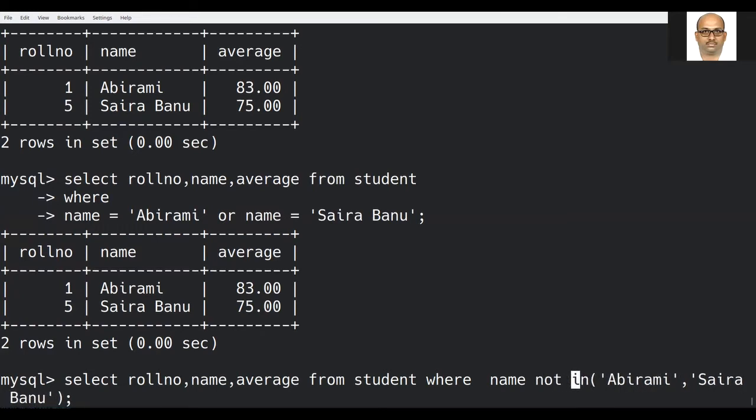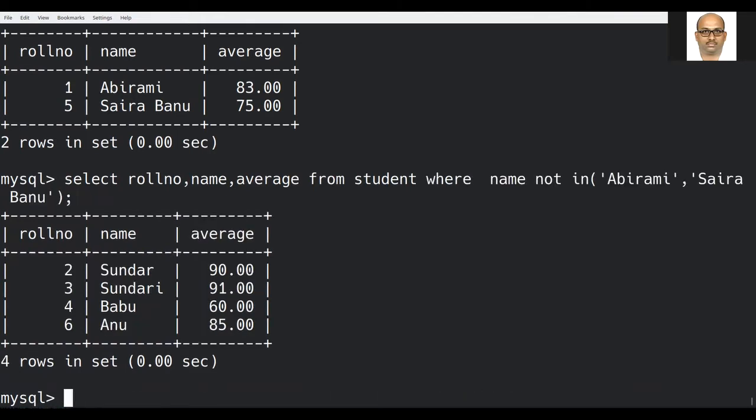If I give not in, then other than Abhirami and Saira Banu, all other persons' roll number, name and average will be displayed. So let us run this query and reconfirm. Yes, other than Abhirami and Saira Banu, the other 4 records are being displayed.